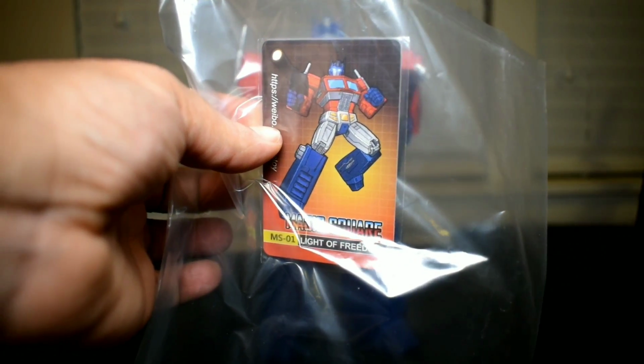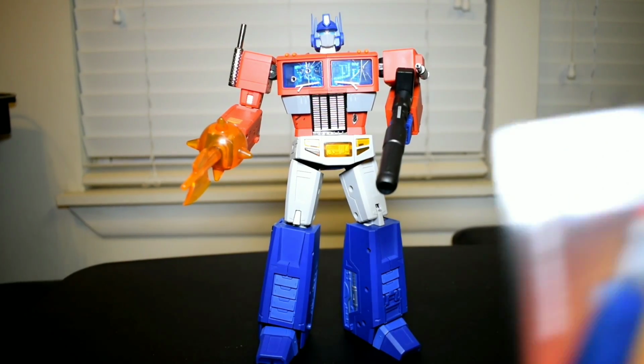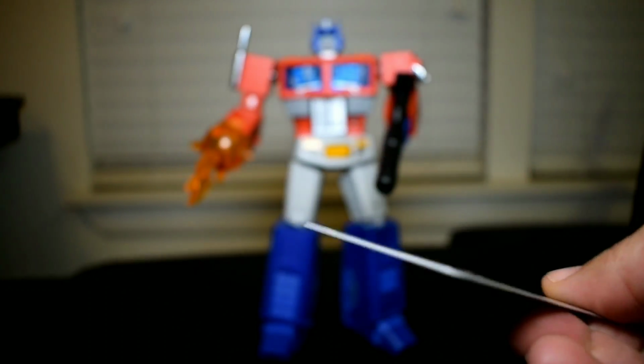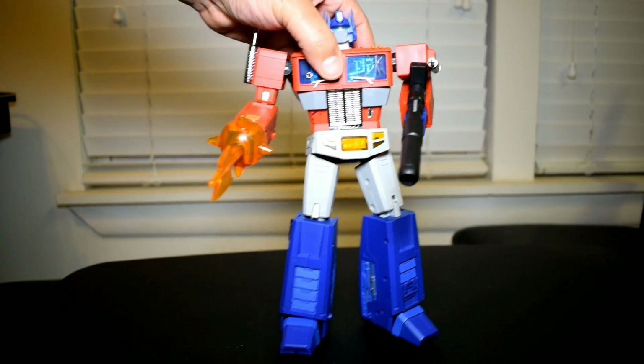So first you get the card, of course, in Magic Square's style. Let me take it out the package. I normally don't. There we go. Got that. Light of Freedom. And this is Magic Square MS-01. And I believe it's 01 because this is their first masterpiece that they've come out with. And I think there's rumors that they're jumping into the masterpiece game. So they're going to be coming out with some more